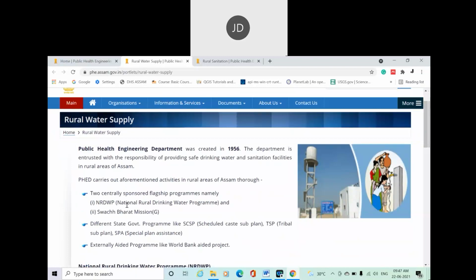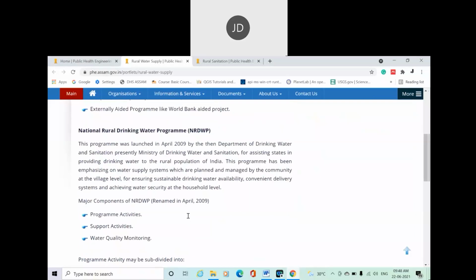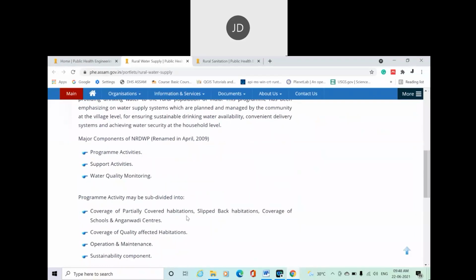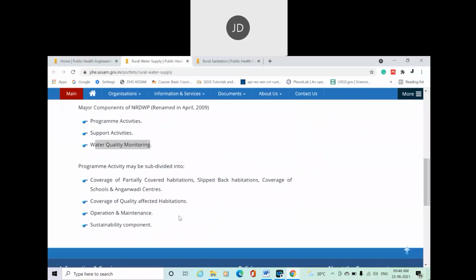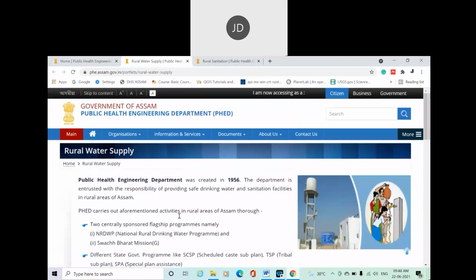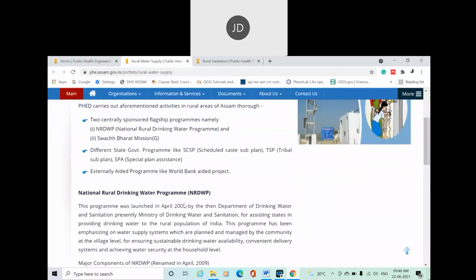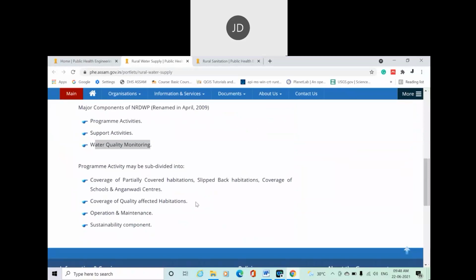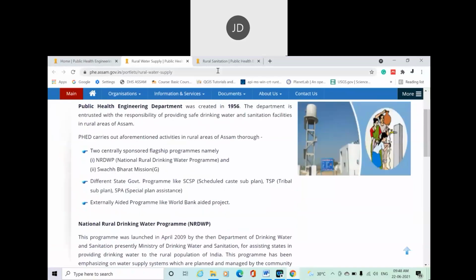Then there is the National Rural Drinking Water Program, in short NRDWP, which is highlighted here. Different programs are there; even the water quality monitoring program is there. So this is all about your water, under rural water supply. You can also go inside and study the schemes. When it comes to the sanitation part,